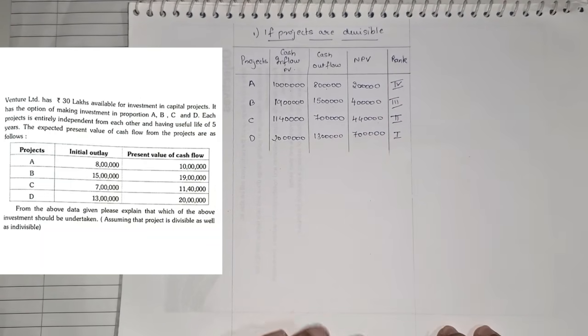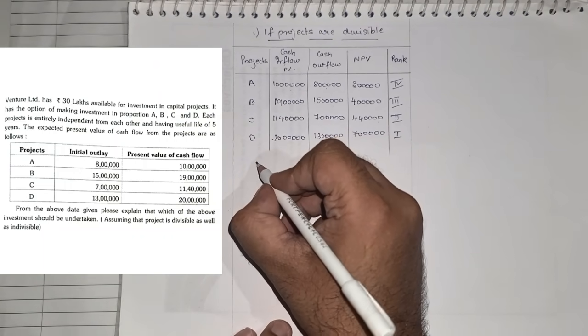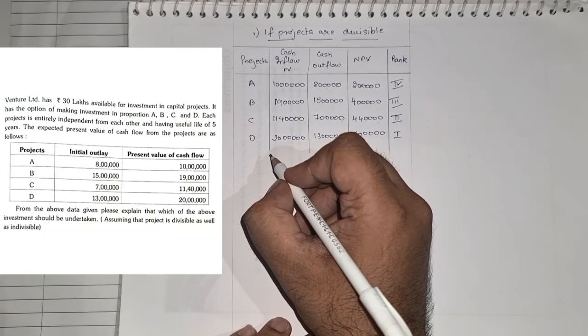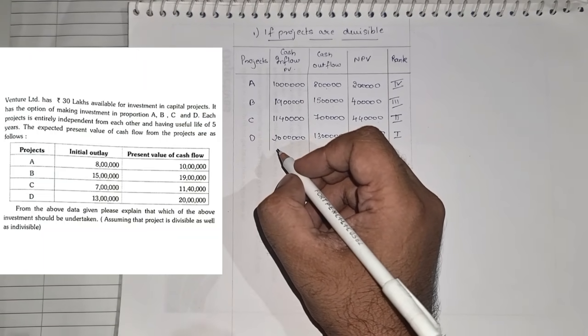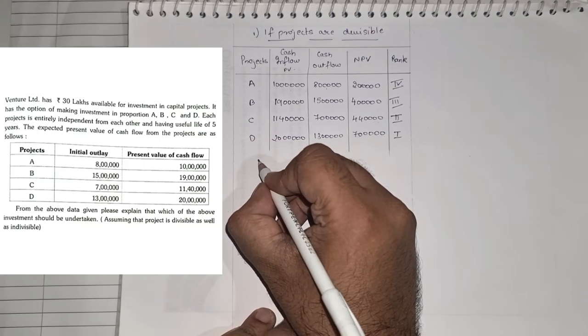So for choosing the correct investment, we'll have to go according to rank wise. Now this is when the projects are divisible. Okay, so first step, we find the NPV, we got the ranks. Now let us see the calculation. Now we need to choose the best project so that our entire amount is fully used, we need to basically maximize the NPV. So now we'll write here